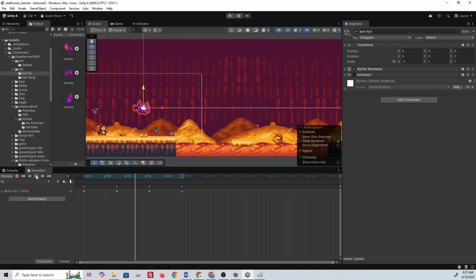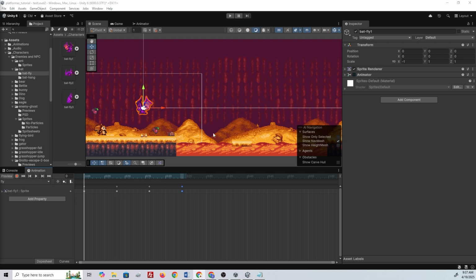And when we play it, you can see he's flying. You can see even though these are facing right and we placed them in while it was facing right, since he's facing left, all the animations are facing left. It's because we switched this X scale right here. All right, so now that we know that that's working,